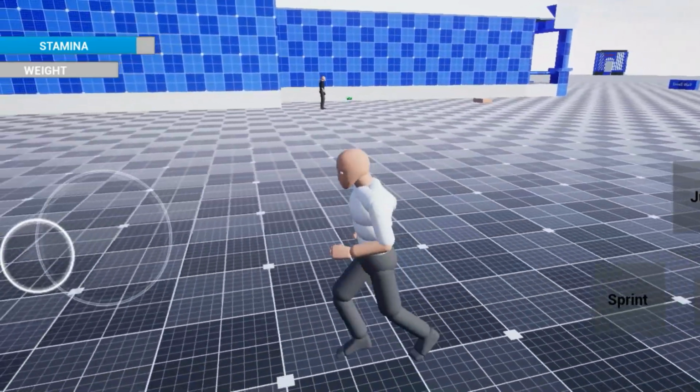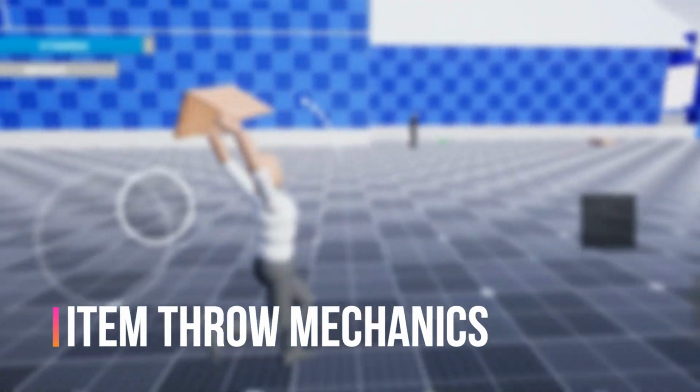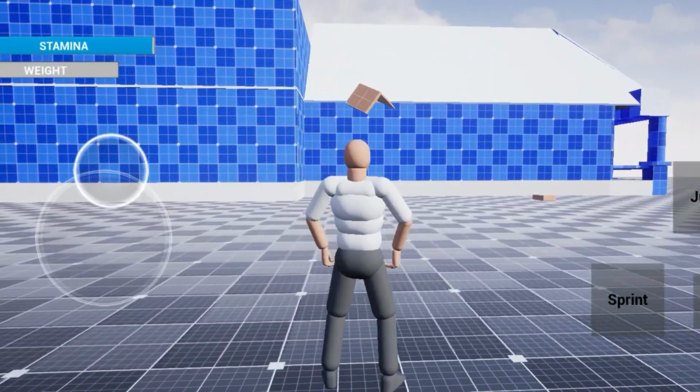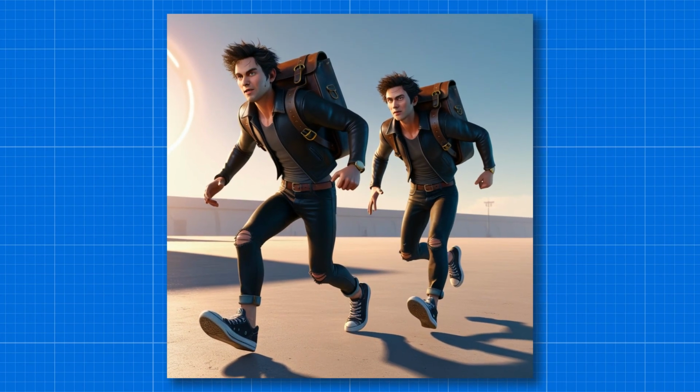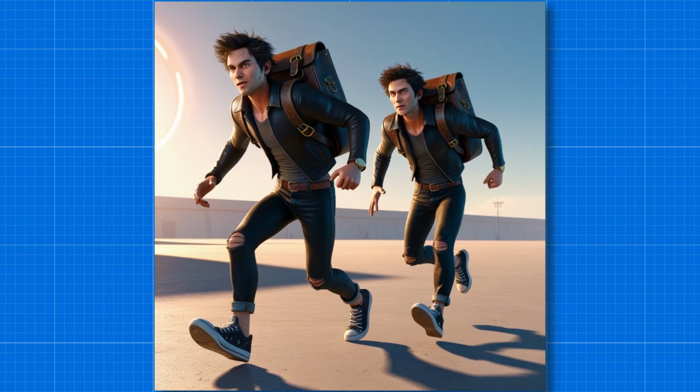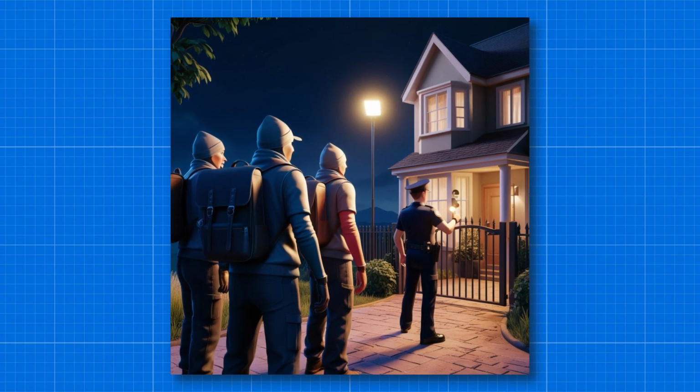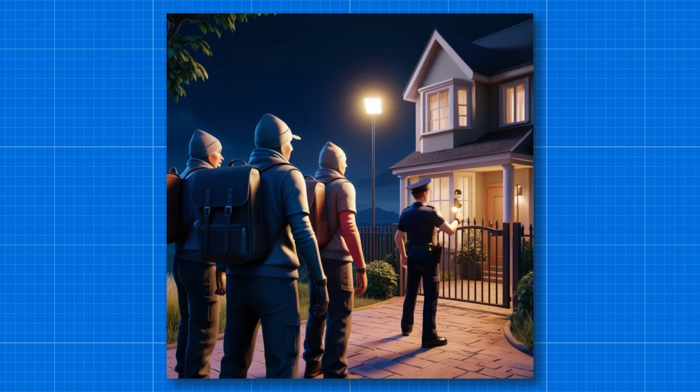So first, let's start with the item throwing mechanics. It's a very fun mechanics that we can add in this game for thieves. But the question is, why do we even need a throwing mechanics? So imagine you are with your friends trying to escape the city after you are done looting. Or you want to enter a house to loot the items, but the police is standing at the entry gate